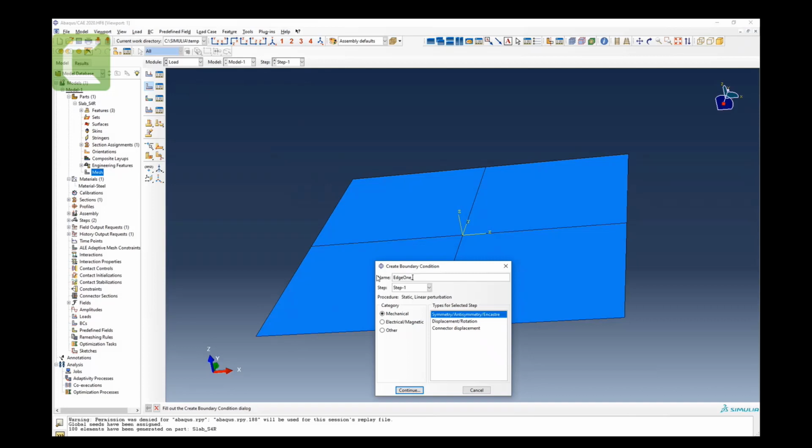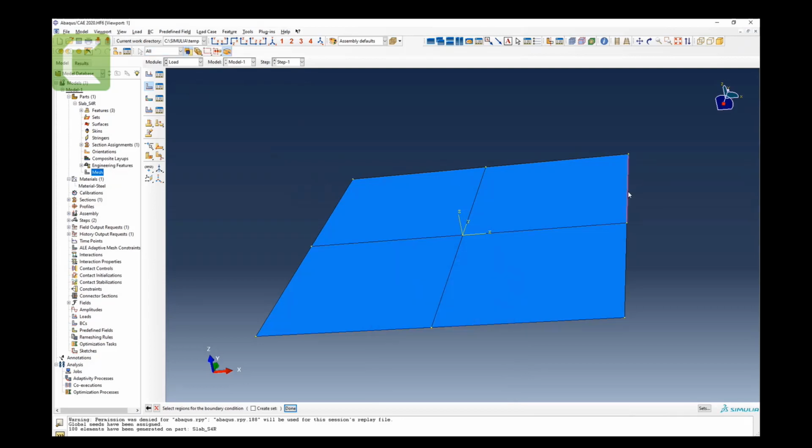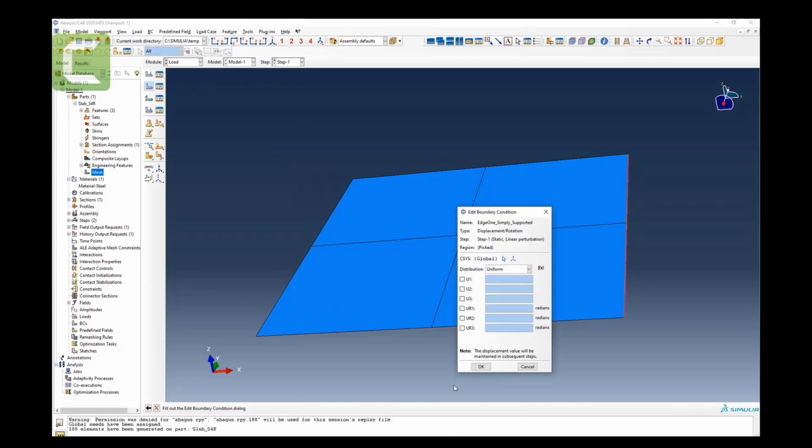I think the name would not be an issue. Age 1 simply supported. Again, name would be no space and so on. So age 1 simply supported. You can give the name and then you can do the mechanical for category and displacement and rotation and hit continue. You can get this line and this line. Shift key down to select the multiple lines. You can do the shift key down and you do the selection for dot and then hit done. And then